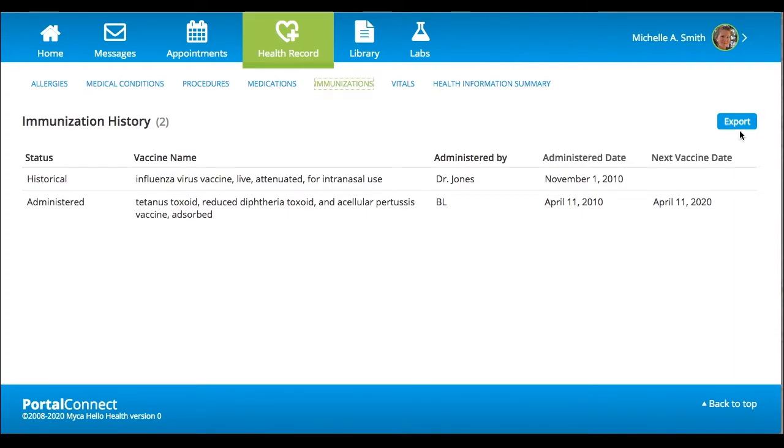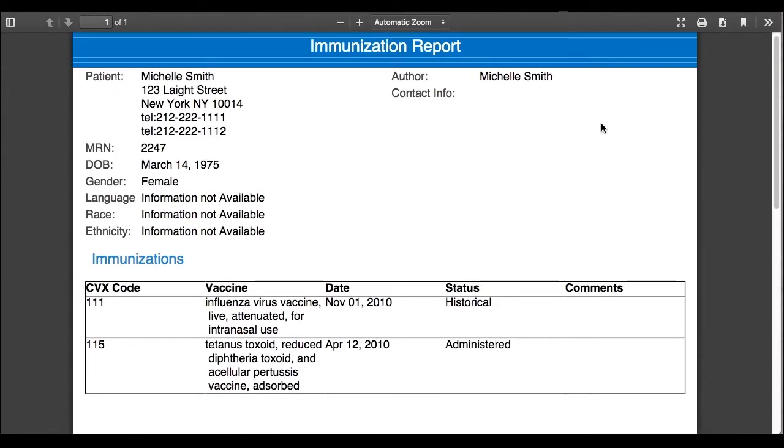To print off the immunization, please click on the blue Export on the top right. In this page, you will be able to print the information by clicking on the little printer icon on the